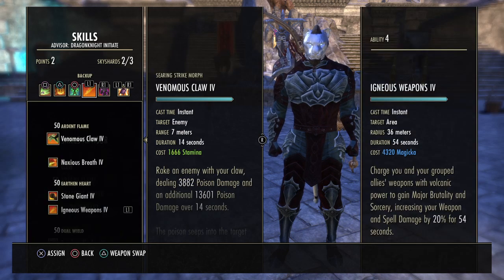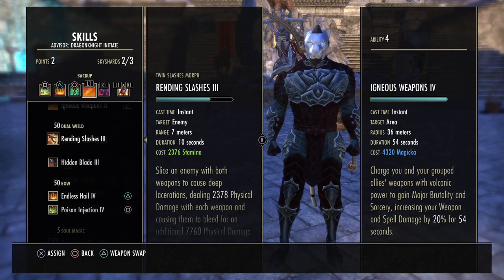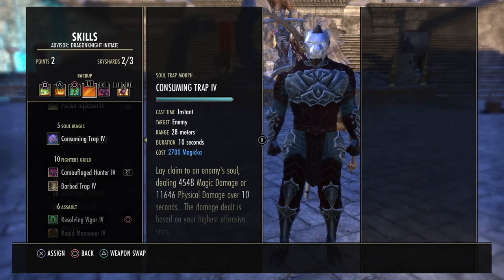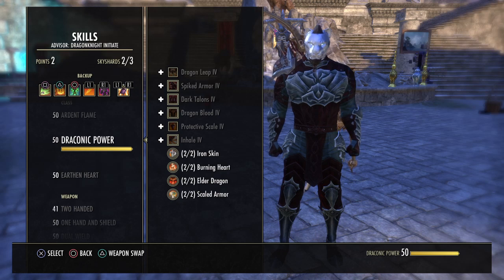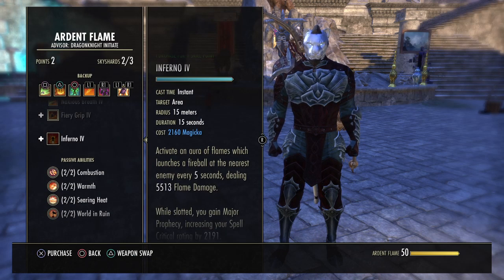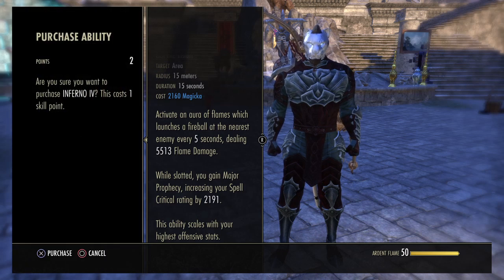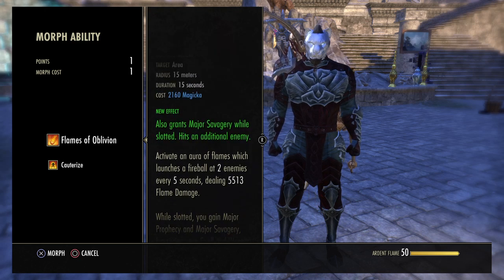Now, if you see that this isn't necessarily needed, I do not have it here, but you can always put Inferno on your back bar. You would morph it. I got the points. That's why it is. You can always use this. Flames of Oblivion. It's going to grant